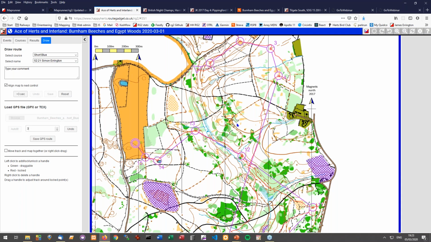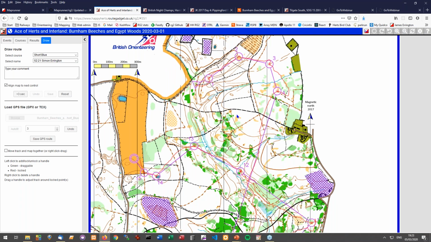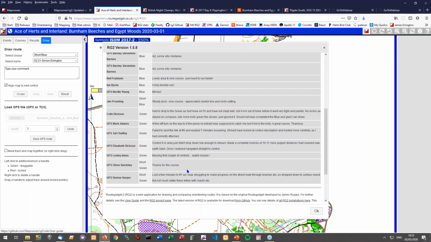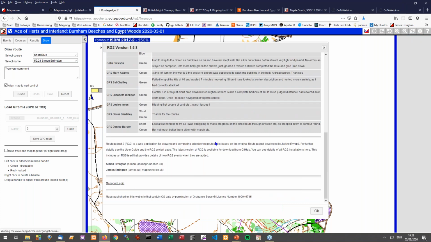Okay, so let's talk through drawing routes and uploading routes through GPS. I will come back to some of the things you can then do to see what people did and what was going on afterwards. But as I said, I think we're going to have a short switch over to the manager side of things, just so people are aware of what's going on, and so I can answer some of the questions I've had. The manager we can access in various ways, but I'm going to go in through this link I've got here.